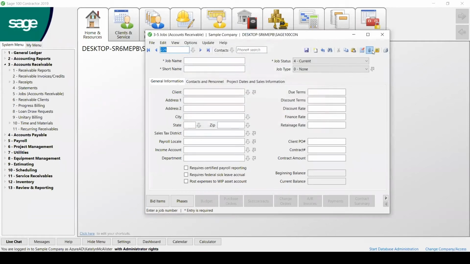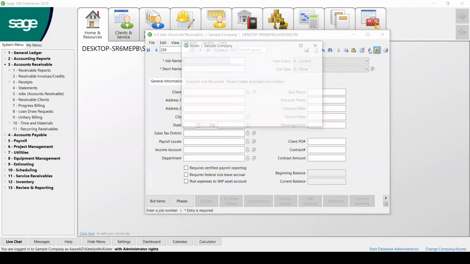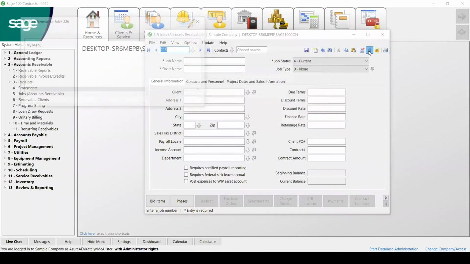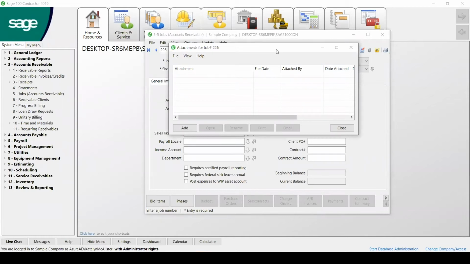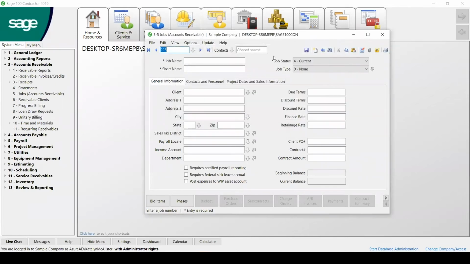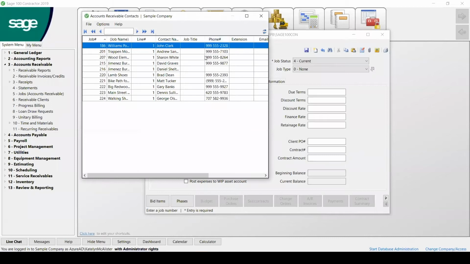You could save this, and then you could attach in a paperclip form different attachments for that job. So if that is the takeoff file, if that is anything related to the job itself, you can input that as well. If there's contacts for this job, so if there is a coordinator that you typically work with, a site manager, anything that would help you guys out throughout that process, you can input those as well, but it's not mandatory.